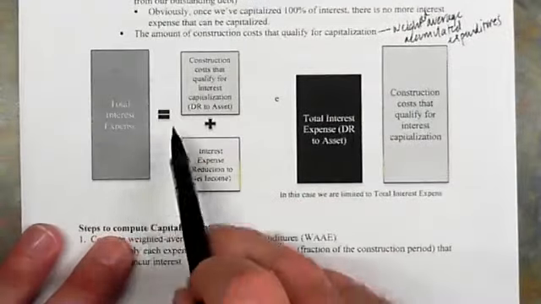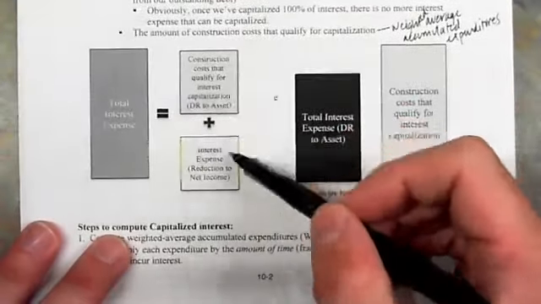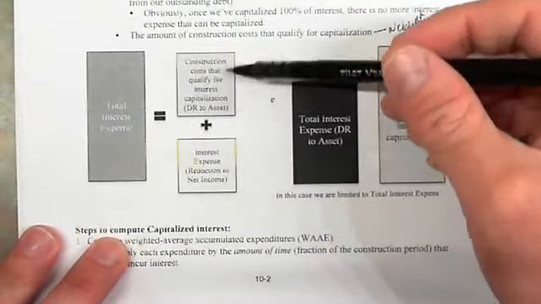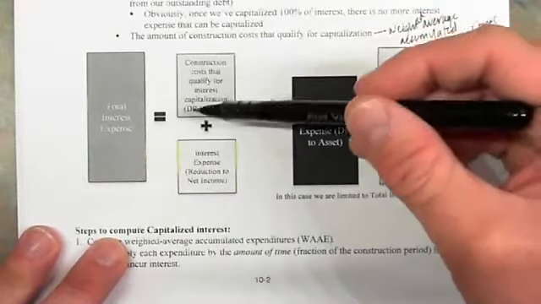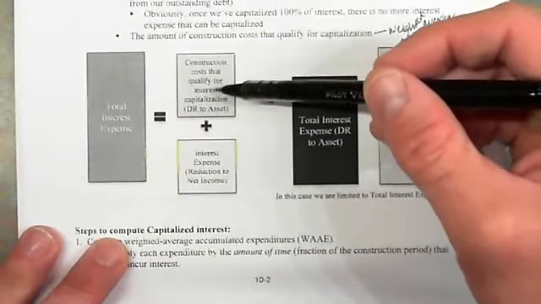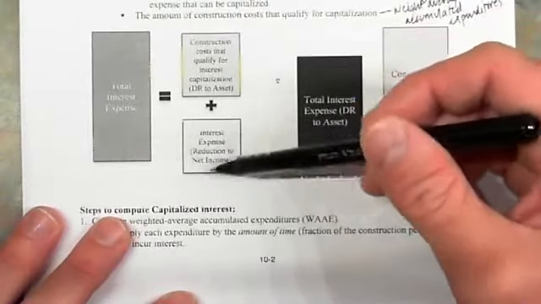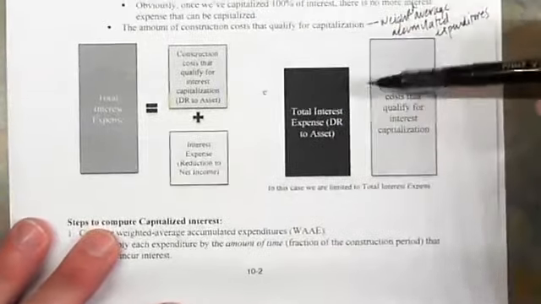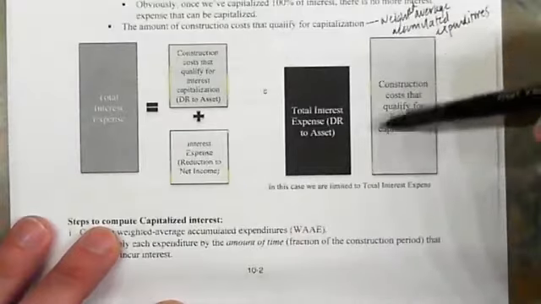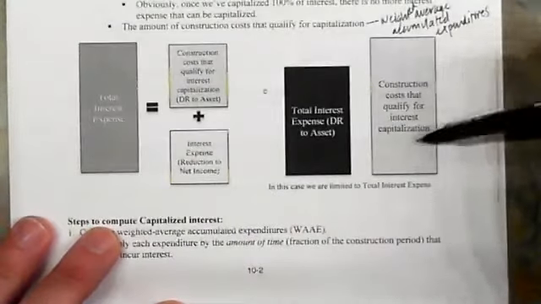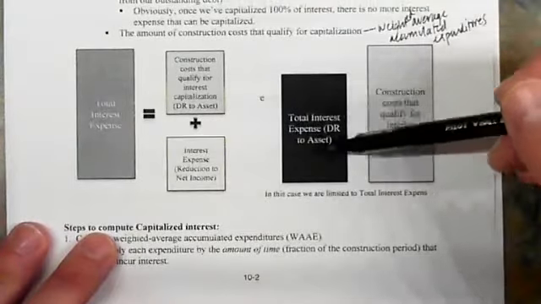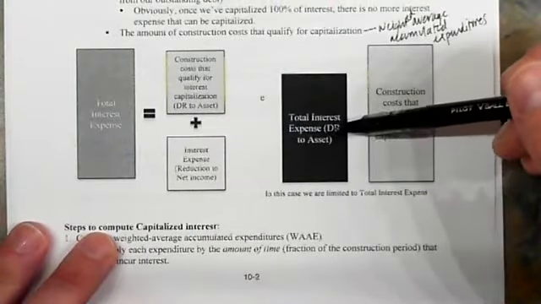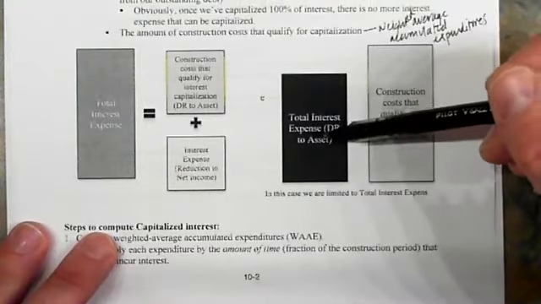We have a big square, and then we can separate it out into construction costs that qualified for capitalization. That's what we would debit to the asset after weighting it appropriately by the rate. And then we would have some leftover interest expense. But oh, look what happens, right? When construction costs that qualify for interest capitalization are greater than the total interest expense that I have, well, then we just debit the total interest expense to the asset,